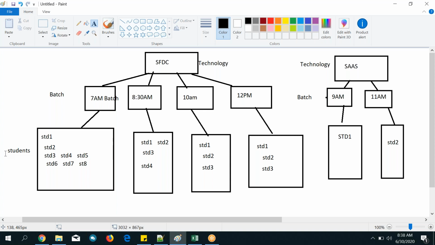And one more point we have learned. If you want to create a master-detail field on any object, for example on student and technology, we first saw one error. On the student object we have records, so Salesforce will not allow you to create a master-detail relationship between the two objects if you have records on the child object.